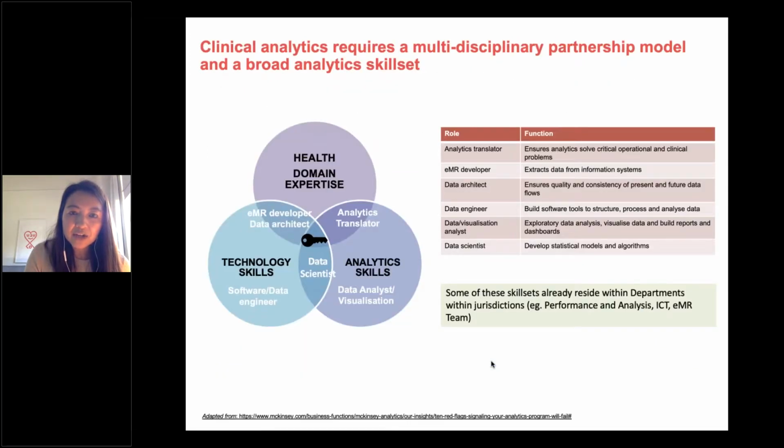My last slide is really to talk about how to extract this data and what type of skill sets are required. Really this is a harmony between health data domain expertise, technology skills and analytics skills. We've been working on a whole pipeline of activity. In order to do this successfully, you really do need an EMR developer, a data architect, someone who can write a